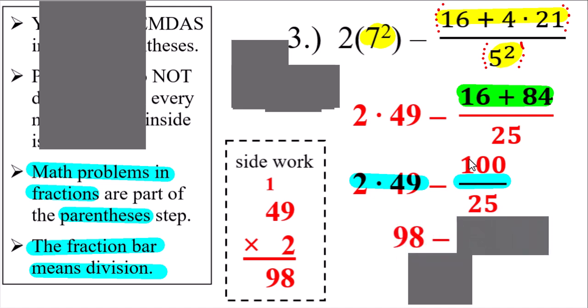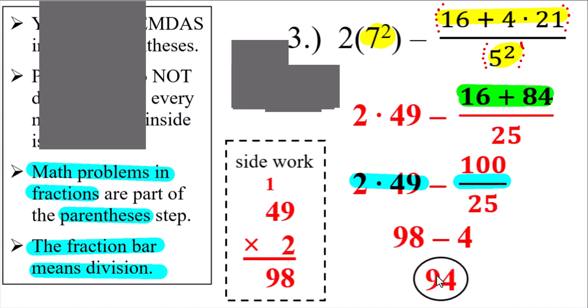Bring down the minus. 100 divided by 25. I hope you know your trick of 25s. They're like quarters. So you can ask yourself how many quarters make $1. That would be 4. And now we just have to do 98 minus 4 to finish up the problem, and